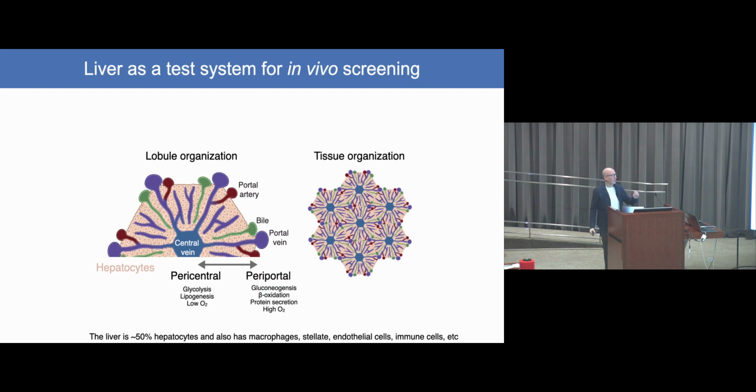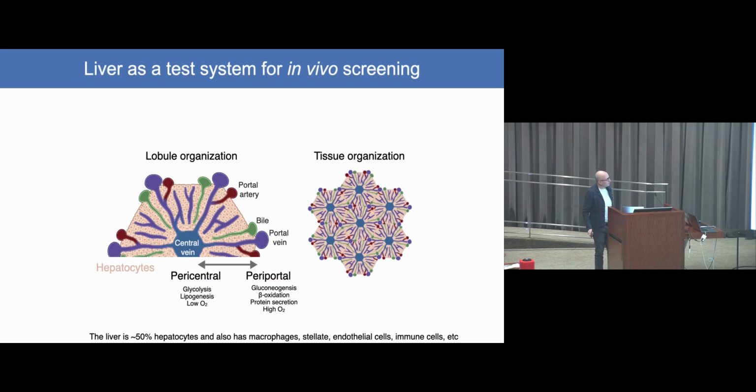And this zonation is next to impossible to really recapitulate when growing cells in vitro. So I'm sure you've heard about people with primary hepatocytes, and they can keep them going for a while. But this high secretion, this organization from high to low oxygen are just things that are nearly impossible to access in